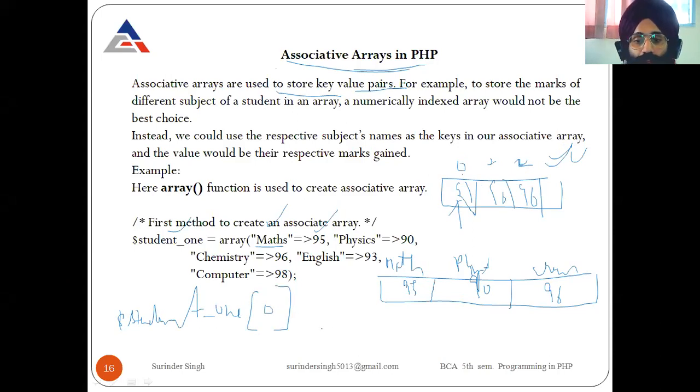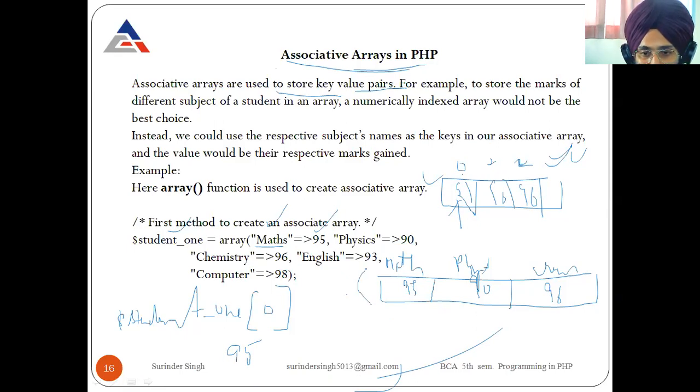Then it will print this value, 95. Clear?